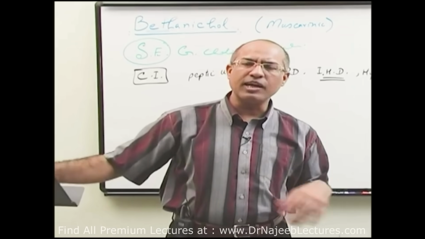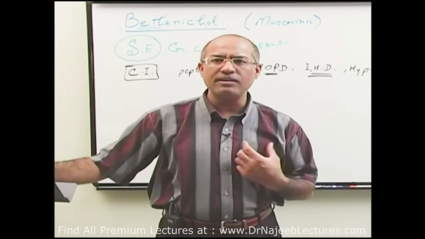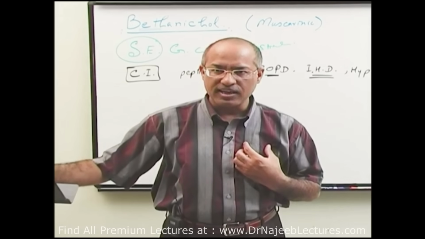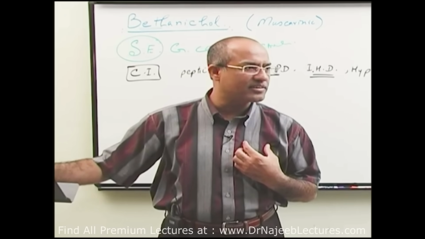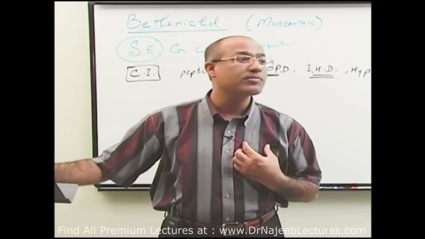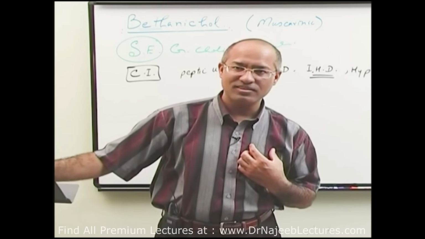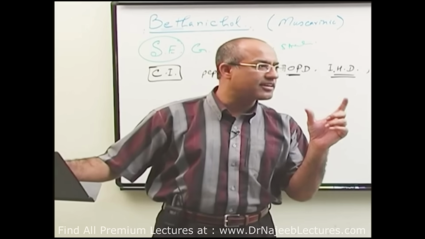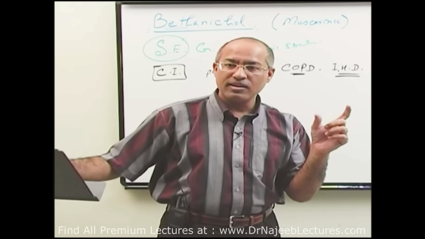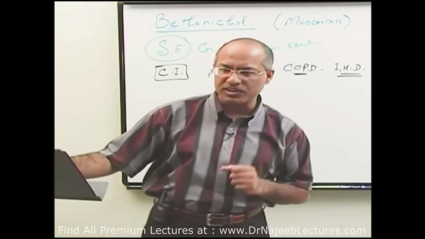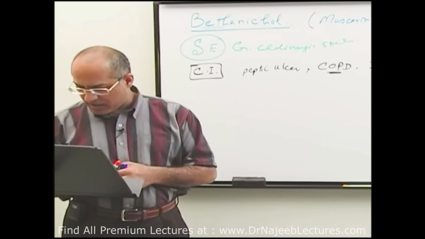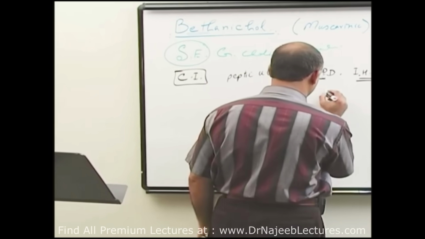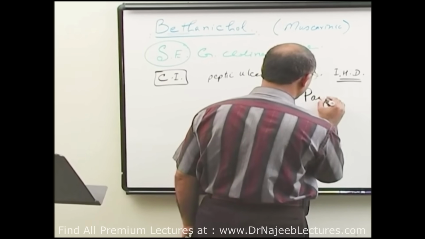Because many patients with hyperthyroidism already have atrial tachycardia or atrial flutter. And when you give a muscarinic stimulant, right, they may go to atrial fibrillation. Am I clear? Again, the cause is that muscarinic drugs can reduce the effective refractory period in atrial tissue. Right? Okay, the last contraindication which I am going to tell you is Parkinson's disease.